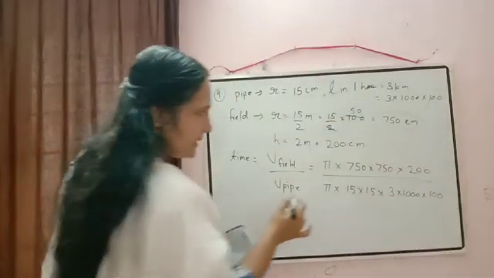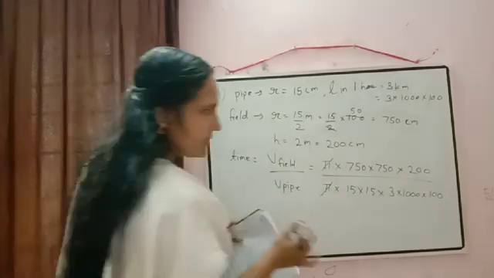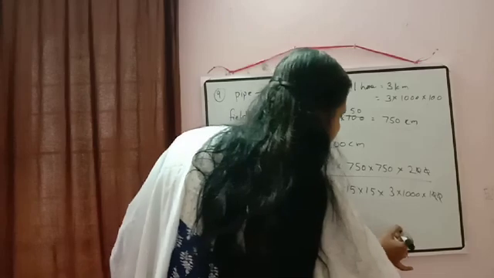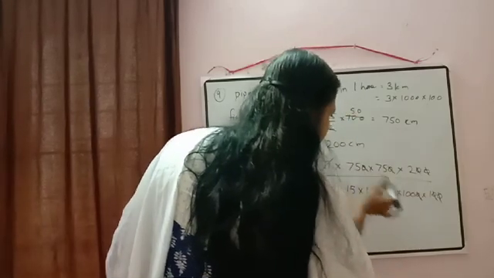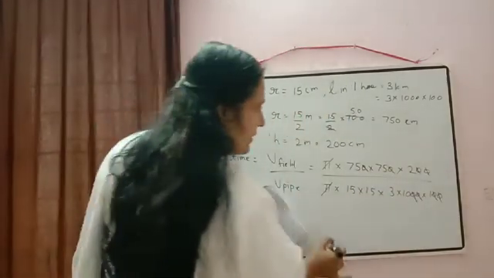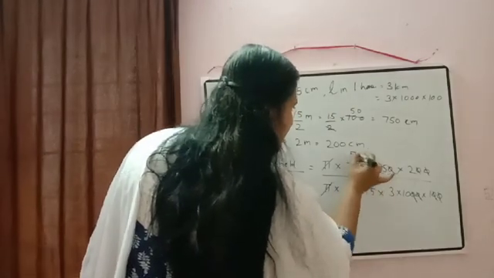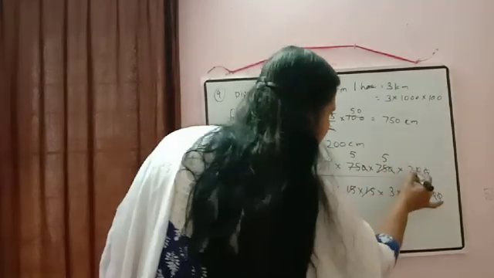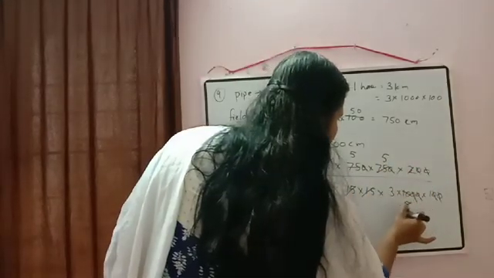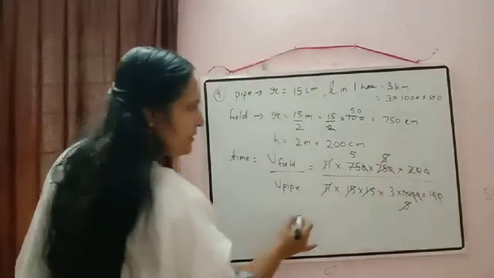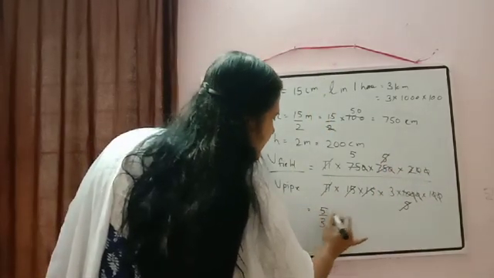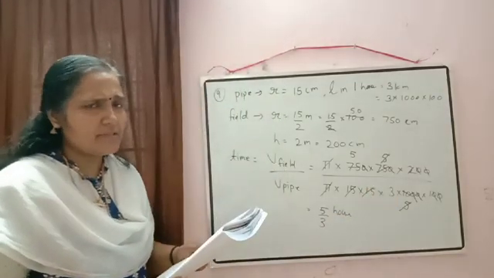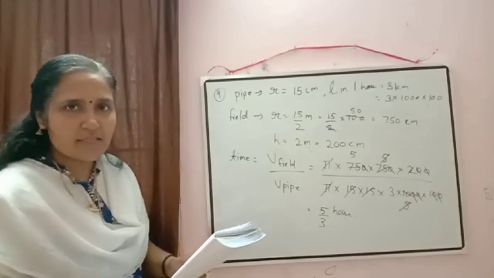Now, just to do the cancellation, pi and pi will get cancelled here. 2 zeros will get cancelled. Then what will happen here? 1 zero cancels here, and here also one more zero will get cancelled. Now we can cancel it. 15 5s are 75, 15 5s are 75. Then here 2 5s are 10. Here also 5 and 5 will get cancelled. What is remaining here? 5 by 3 hours. If you want, you can convert it into minutes, no problem. Okay, so I hope this question is clear.